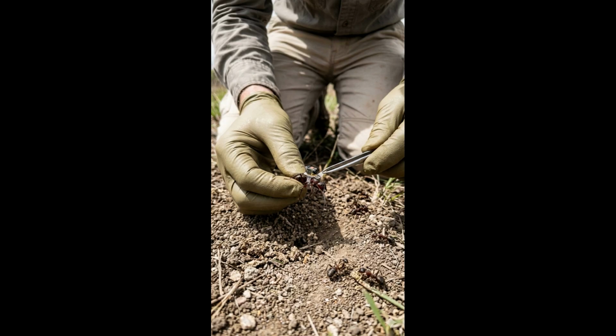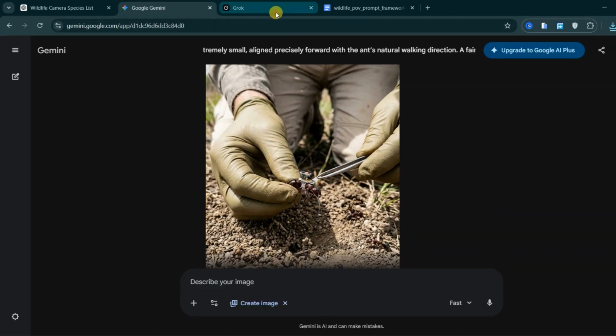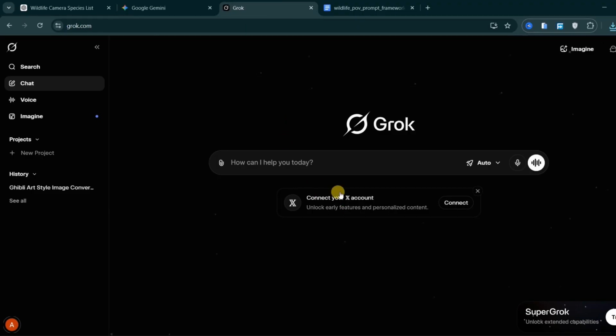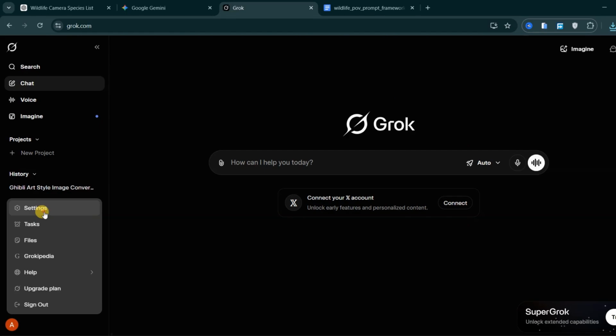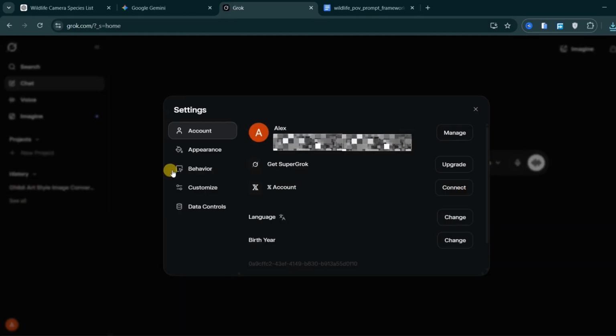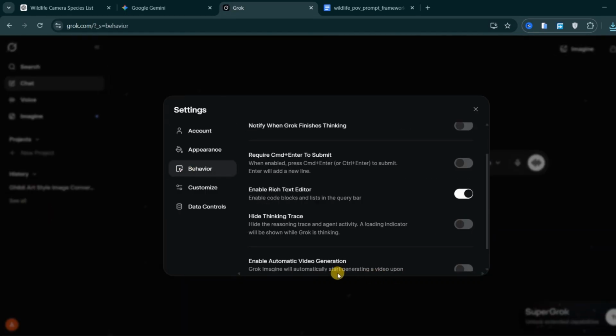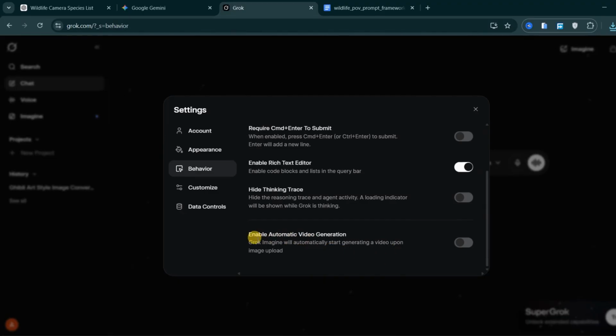Now that our base image is ready, we move to the next step, which is video generation. For this step, we will use Grok AI, which allows us to generate both images and videos completely free. Before generating the video, there is one important setting to adjust. Click on Account, go to Settings, then Open Behavior, and make sure Automatic Video Generation is turned off. This is important because it gives us full control of the generation process when we paste in our custom motion